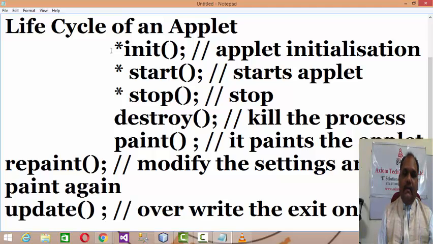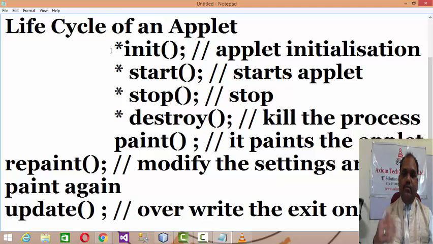And if you resume back to the same web page, again it will give a call to start. The start and stop continuously go on until you close that web page. Once you close it, it will give a call to the destroy. So init, start, stop, destroy: these are the basic life cycle an applet has to go through.